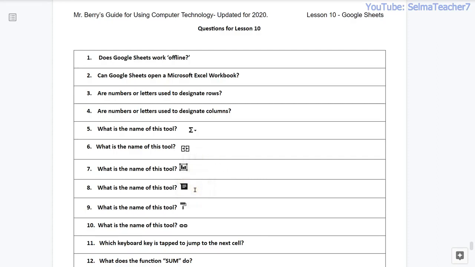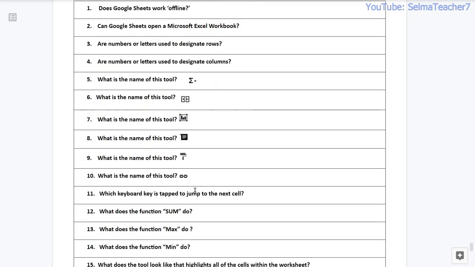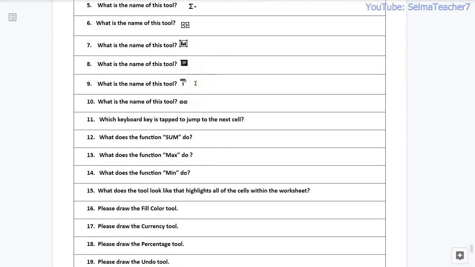Question number 8. What is the name of this tool? Question number 9. What is the name of this tool? Question number 10. What is the name of this tool?